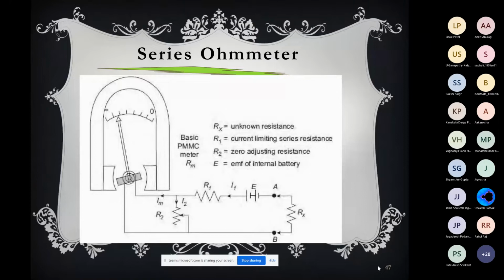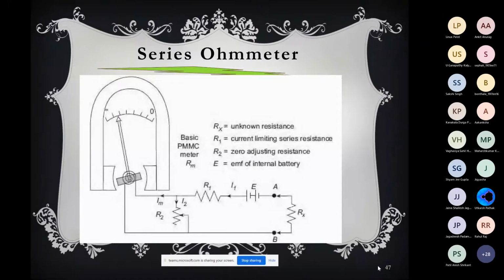So whenever you want to measure a resistance, you take it out of the circuit and then use the two sides of the resistance and the ohm meter to measure it. Otherwise you will get some absolute value. It is not an absolute value. It is actually a value that consists of the combination of all the circuit resistances available in the circuit. If you don't take the resistance out, so you should keep that in mind